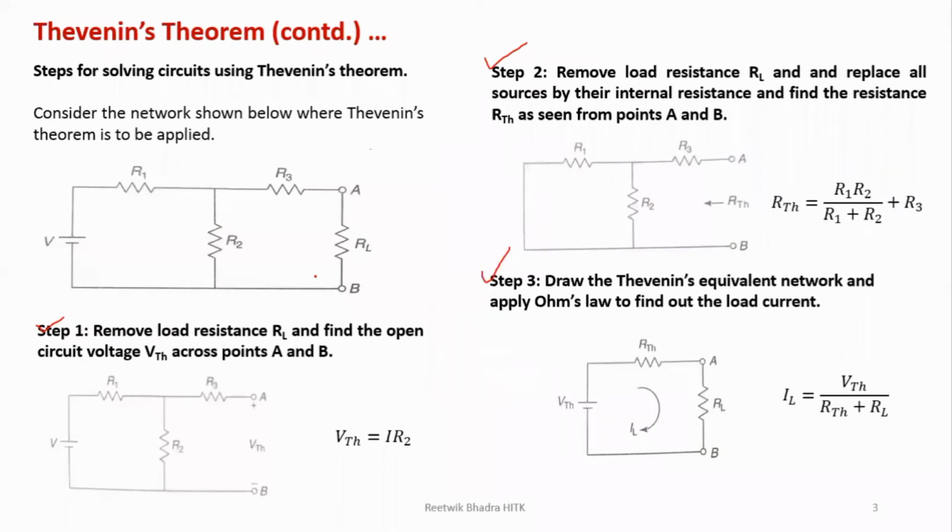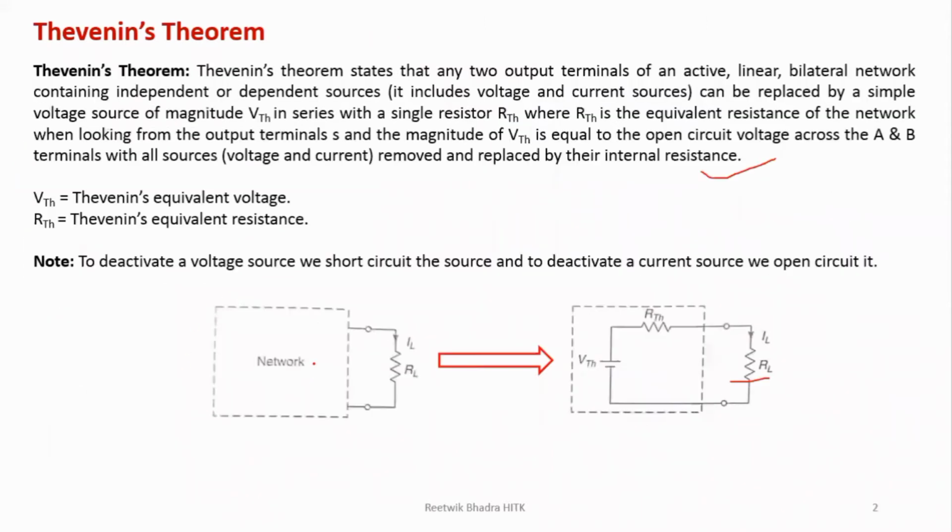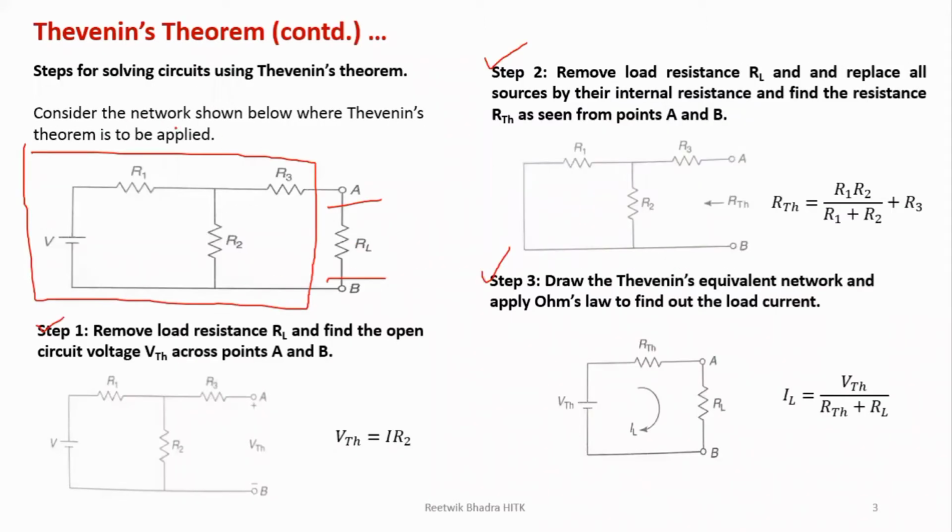So what we are doing is that the first step is we will find out the voltage across this terminal. As I have told, apart from the load resistance, what is the circuit? That dotted line, part of the circuit is this network which is drawn over here. Apart from the load resistance is this part of the circuit. So what I will do is try to reduce this circuit into one single voltage source. So the first step is finding out that voltage source VTH.